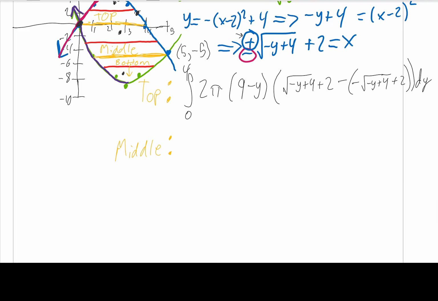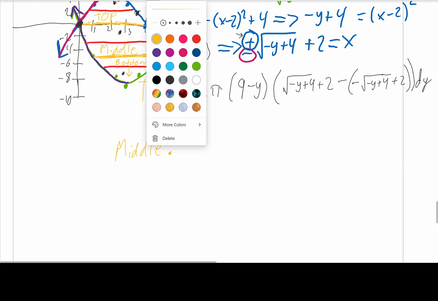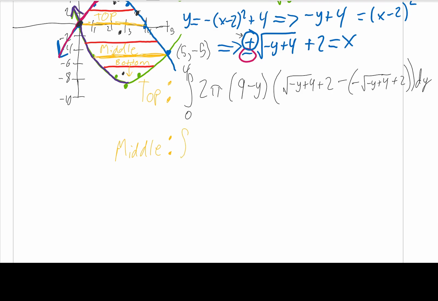All right, for the middle, we should have, sorry, I just had some technical difficulties with my pen. All right, so we're going to go from, where was the cutoff for middle? The cutoff for middle was right here. That's at a y value of negative 5. So we need to go from negative 5 to 0, because that was the y value right here,